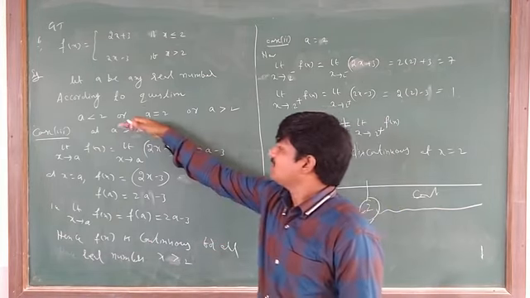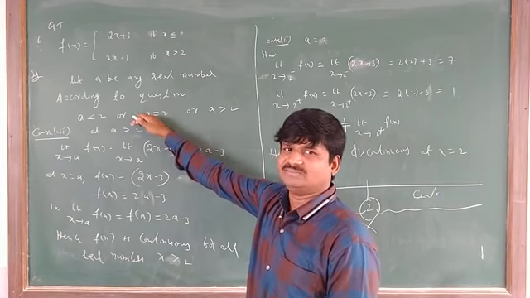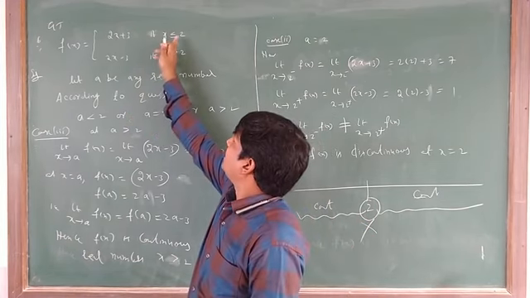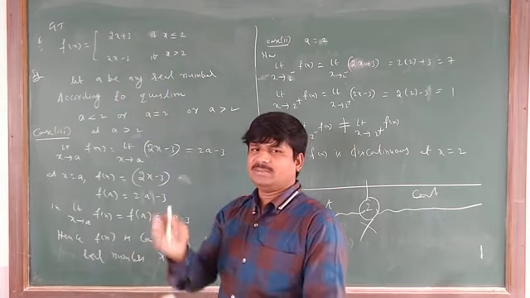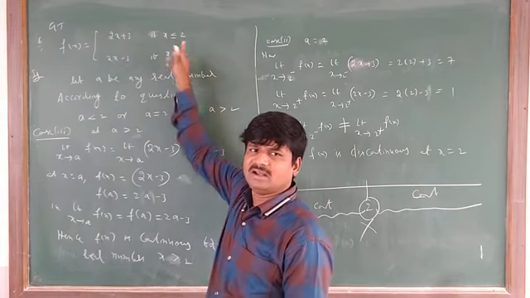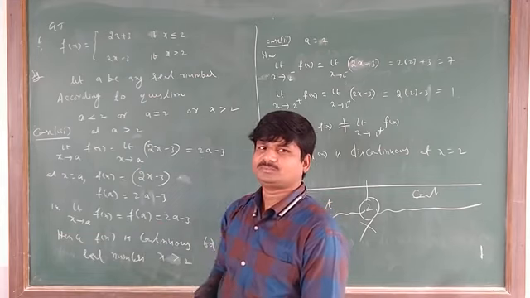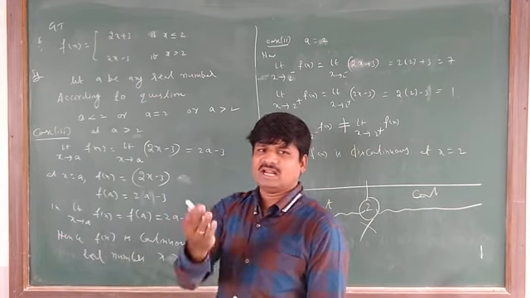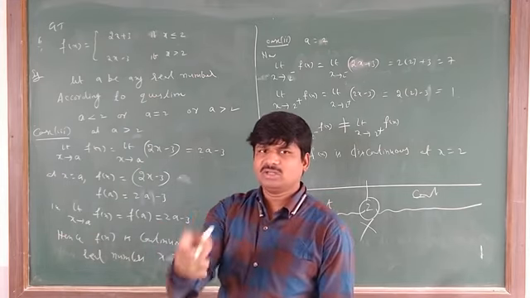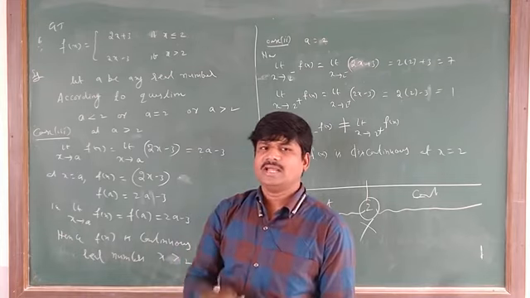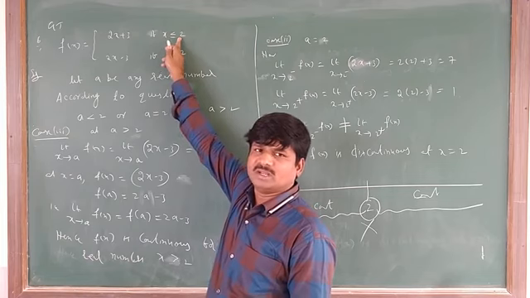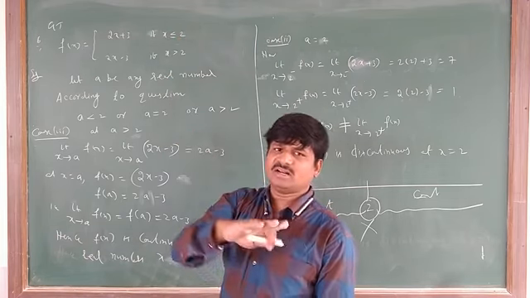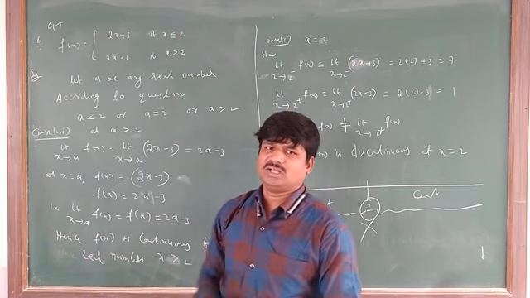We have to first write the cases. How many cases will you get? Like the way the function is splitting, at that only we have to find. That means suppose 2 is where the function splits: left of 2, right of 2. Suppose 3 is given: left of 3, right of 3. Suppose 0 is given: left of 0, right of 0, at 0 also. At 2: left of 2, right of 2, at 2. Or if 1 is given: left of 1, right of 1, at 1. Like this we have to check.